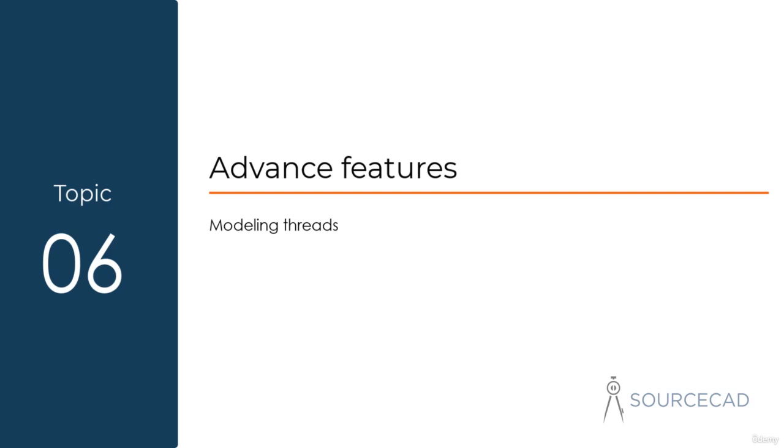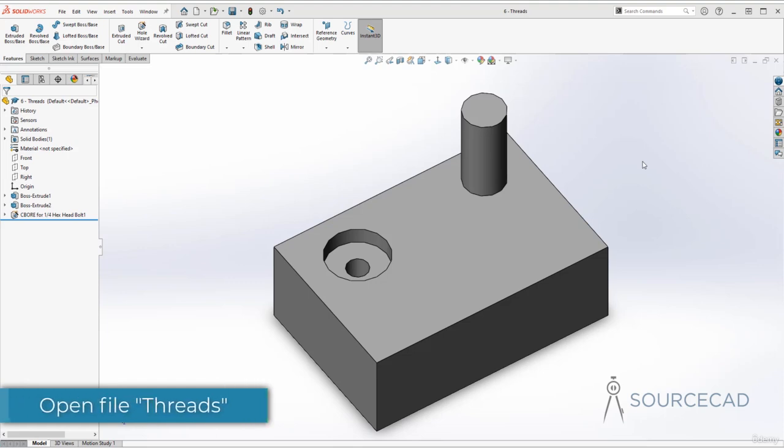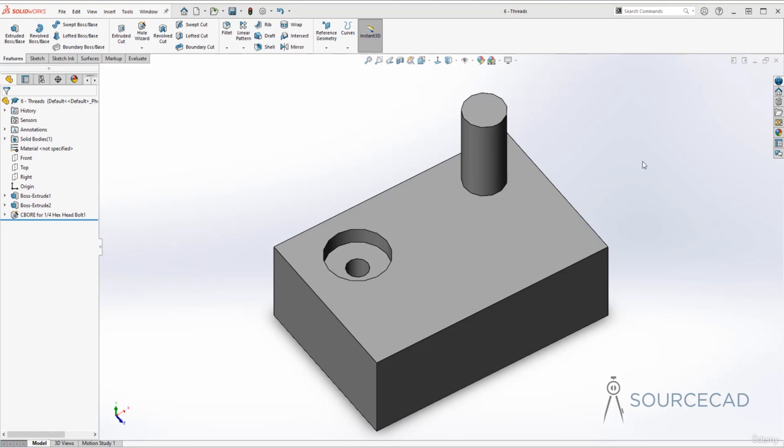So now let's talk about adding threads in our drawing. Before we do that, I want to put a disclaimer here. Whenever you want to add a thread, just add it in the features where you want to 3D print it or you want to practically use it. Now if you want to add threads only for specifications, then add it not in the part level but in